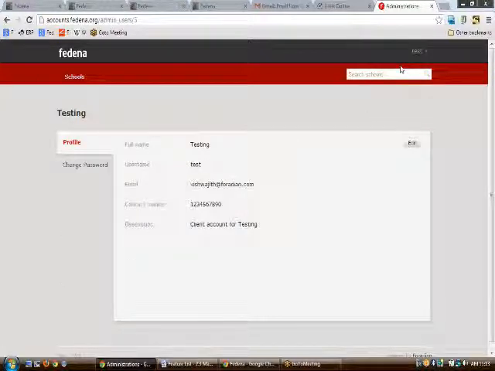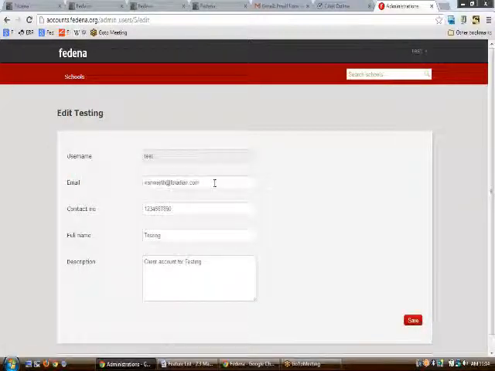Then we have the user profile. If you want to edit the user profile, you can do so by going on to the user profile button, and once you have clicked this, you would be seeing this page, and on clicking on the edit button, you would be able to edit the user profiles of a particular client, or if you are the client, then you can see the user profile of yourself, and you can even edit the settings from here.